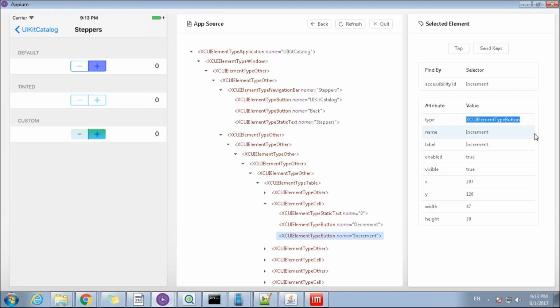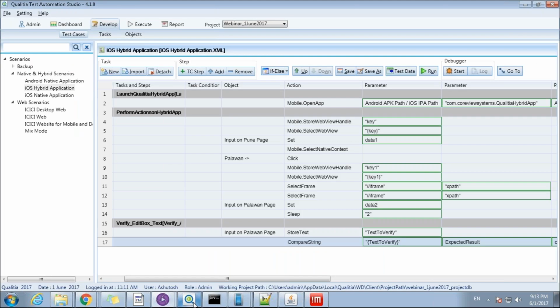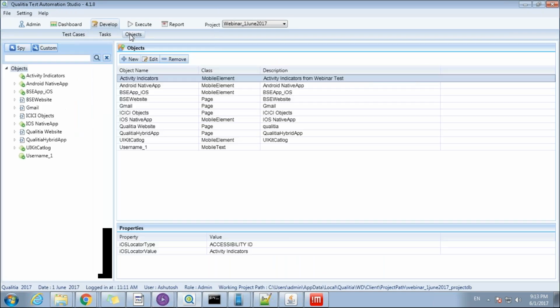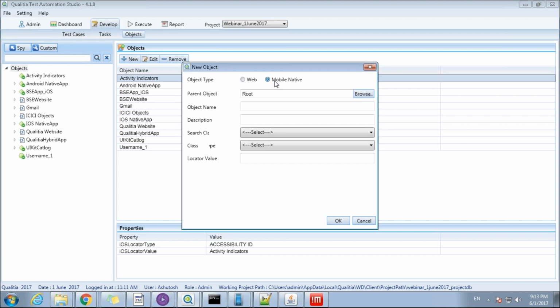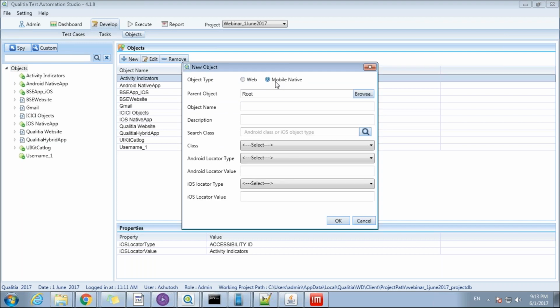So let's understand how we support this functionality in Qualicia. As Ashutosh mentioned, we have the ability to map multiple object types or object classes across Android and iOS to a single unique class within Qualicia.